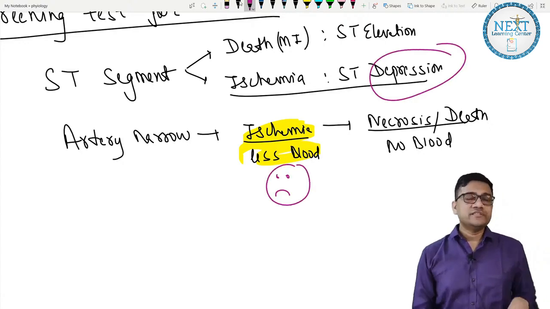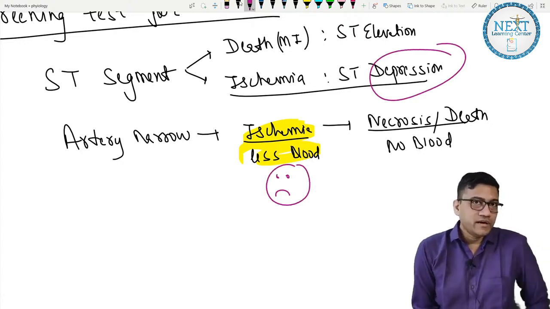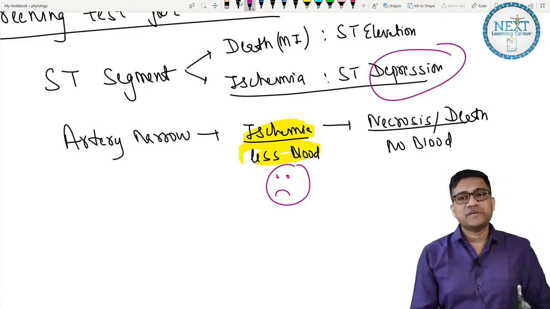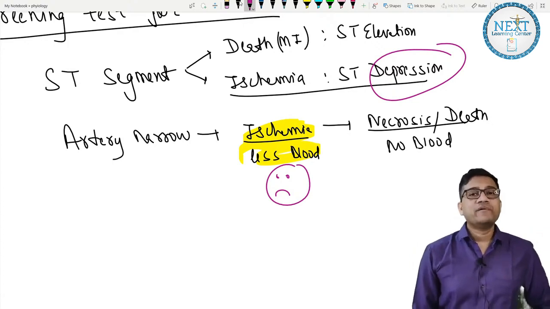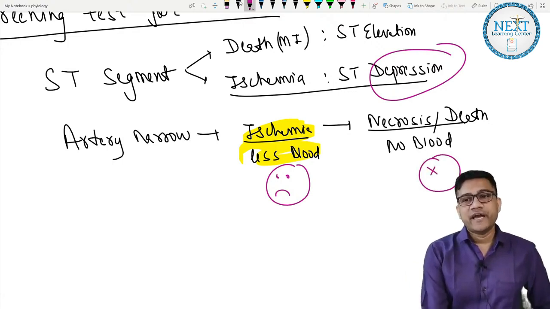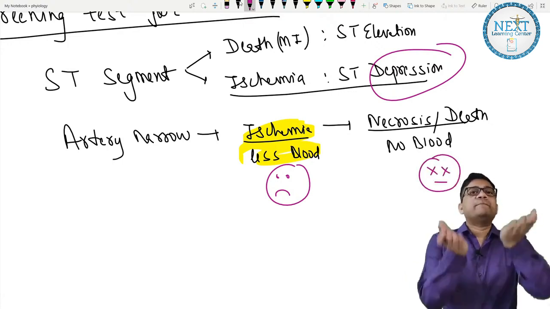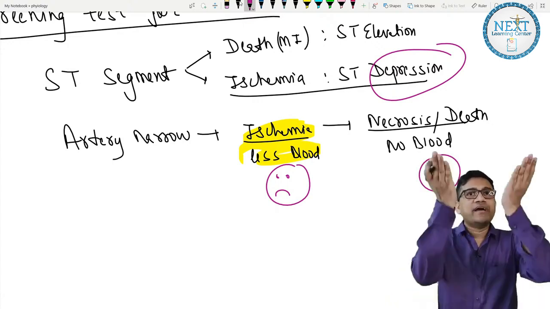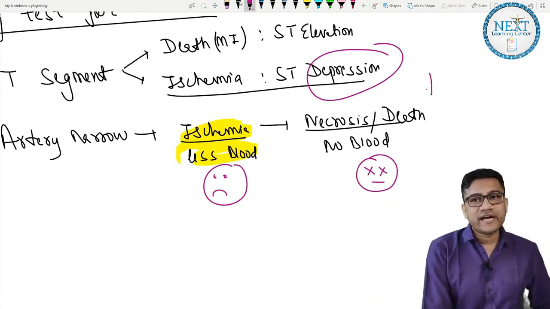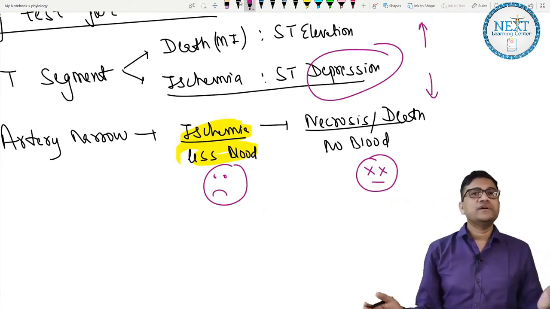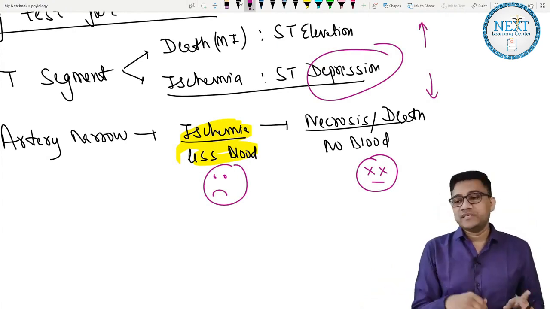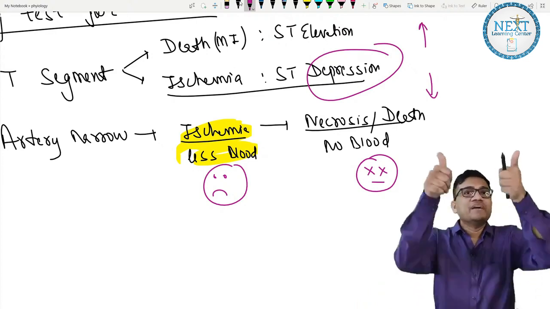Are you clear? So he is depressed, there is no money, nothing, I don't have any books, I cannot read, so this person is depressed. And then what happened? One day, because of lack of money, food, etc., he is dead, and as he is dead, he goes up. So remember: if he died, he went up, and if depressed, then down. That means in ischemia ST goes down, and in MI it goes up, lifted up. So ST goes up in death, and goes down in depression.